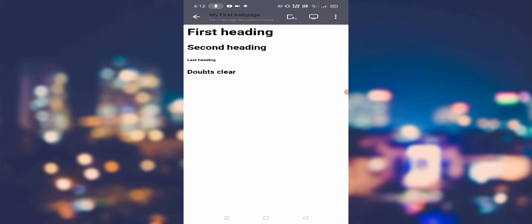So in this video you learned how we can write headings and the basic structure of the HTML document. In my next video I want to discuss the background color. The background color of my web page is white, but I want to change it, as well as insert some marquee. So in my next video I want to discuss that topic.